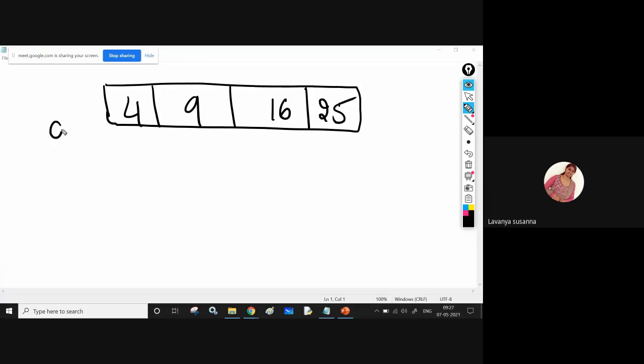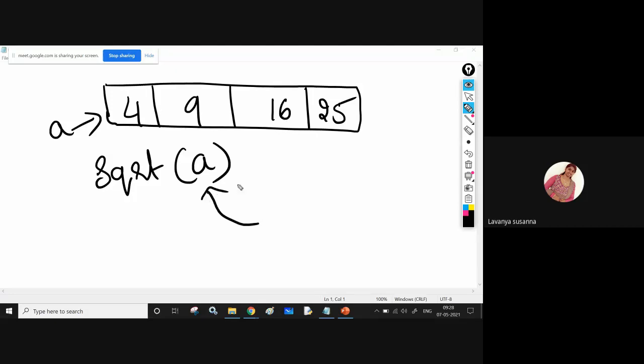Now see here, if you want to find the square root, you can use sqrt of a. What will it do? It will find the square root of each and every element in the array. What output will you get? 2, 3, 4, 5, right? The sqrt function will find the square root of each and every element.